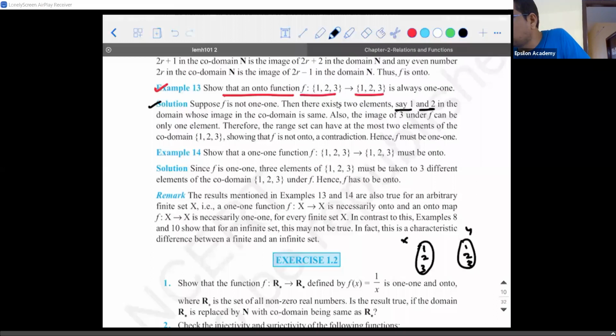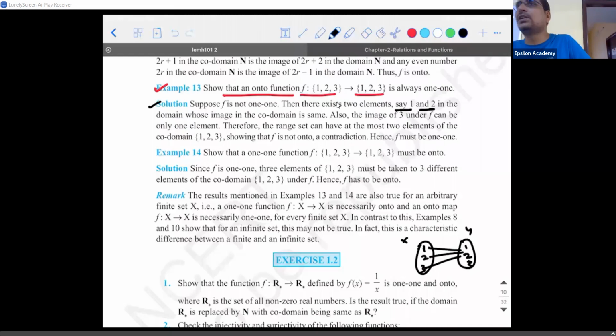If I take them to have the same image, then for this to still be a function, the third element should also be mapped to some element. It might be mapped to the same one, or to 2 or 3. Whatever it does, what is missing? Since the codomain is not equal to the range, it will not be an onto function. But the question has already mentioned that it is an onto function. So for it to be onto, it has to be one-to-one as well.